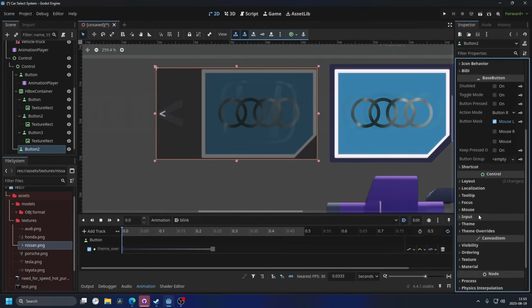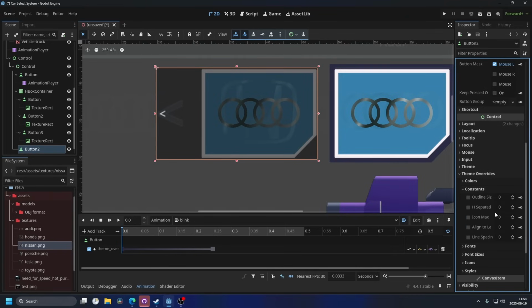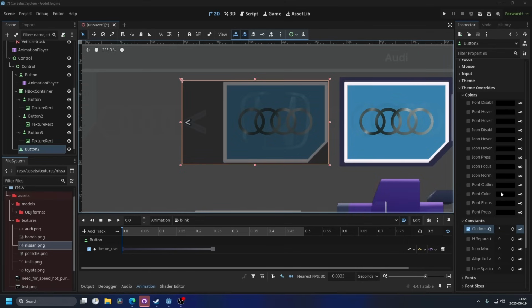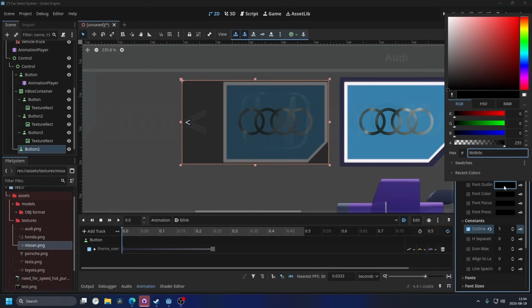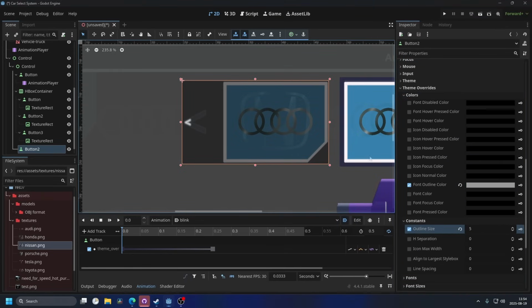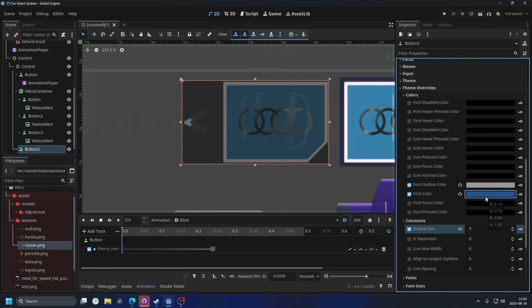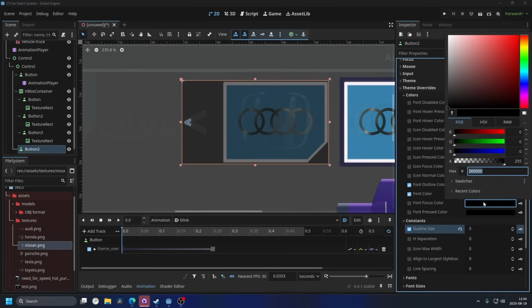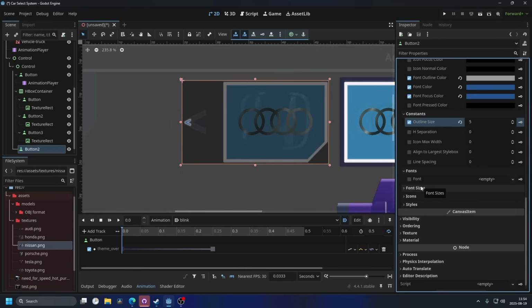And then we're gonna go into the theme overrides, and on constants, I'm gonna give it an outline size of 5, and then go to the colors, and we will give it an outline color, so that's the font outline color. I'm gonna drag this out a little bit so we can actually read what's going on. And then I'm gonna give it a font color of this blue, and I'm also gonna change the focus color to this blue. And then we can go down to theme size, and I'm just gonna make this 65,